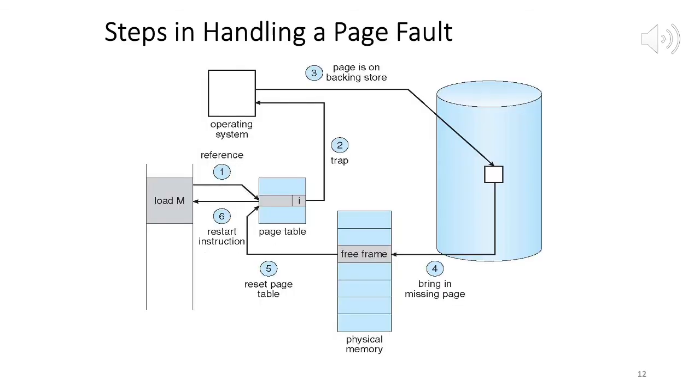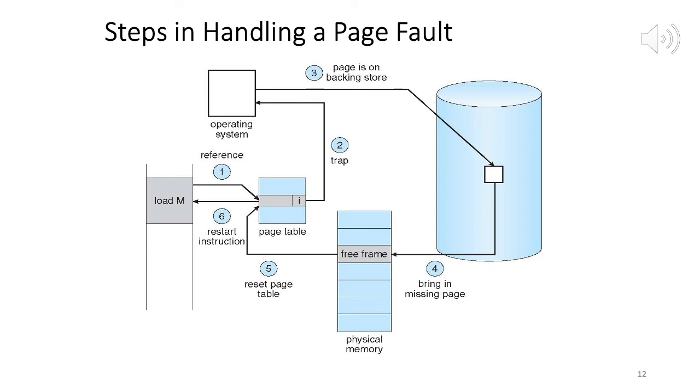So now I am on slide 12, the last slide for today, and here we are showing in the form of a picture whatever we discussed in the last slide, which was slide 11. These are the sequence of events, going from 1 to 6, which occur whenever we have a page fault.